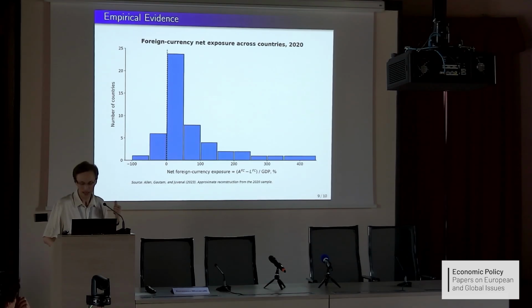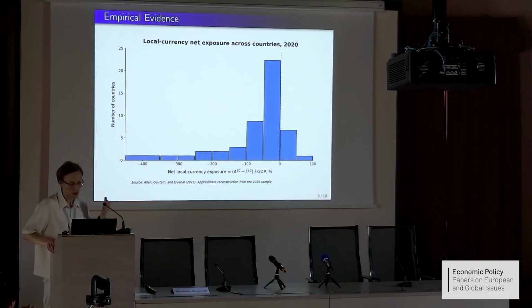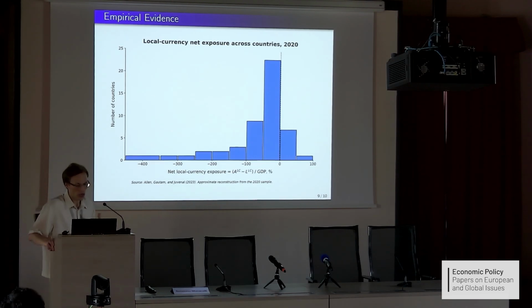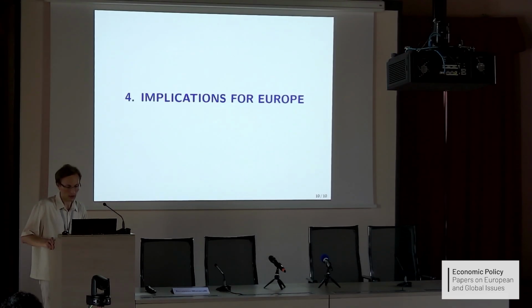And symmetrically, if you look at the position in the local currency, it's mostly negative. That's what I would expect, because I usually think about the US portfolio. It turns out it's true for most countries. So I'm not completely sure whether there is a way to get realistic portfolios in the model and at the same time have the same mechanism. I thought about this a little bit. To me, it's just not obvious, but I think this is an important thing to understand how the model works.